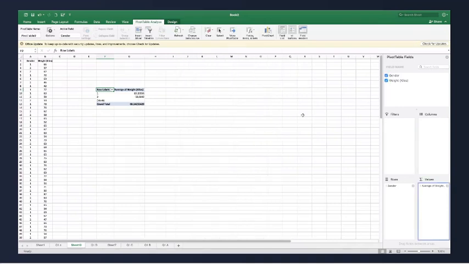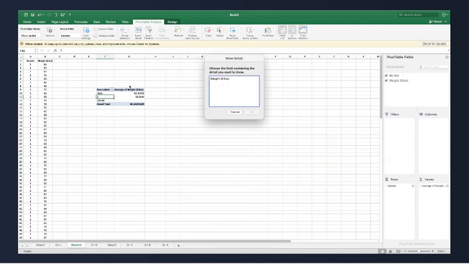This doesn't happen, something went wrong because I was doing something else. So you can see the average weight of the males is 69 and the average weight of the females is 58.05, right? If that happens, go to another sheet and select it this way.